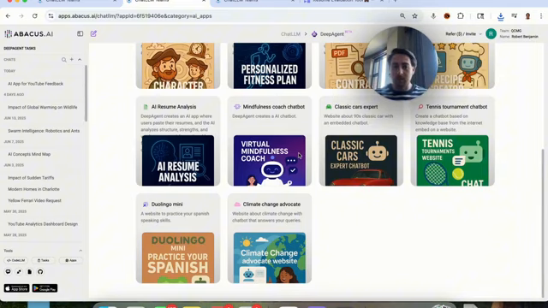Now, you could do one of two things with this in order to make money with it. First and foremost, you could spin up a bunch of your own chatbots for all these different niches or for niches that you're interested in and then begin to charge for them. Or what you could do is you could actually partner with people that want chatbots for specific niches. For example, every social media influencer wants this. Every business